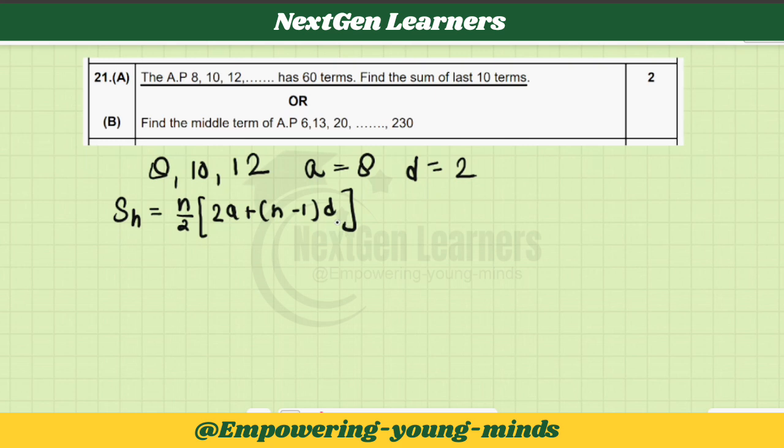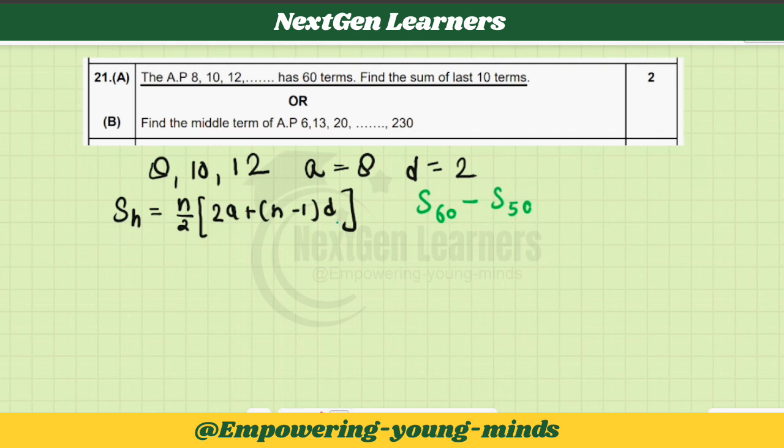Now what I need to do, I need to calculate the sum of last 10 term. So अगर मैं sum of 60 terms, इसमें टोटल 60 terms दी हुई है. So अगर मैं 60 terms का सम निकाल के उसमें से 50 terms के सम को माइनस कर दूंगा तो मेरा आंसर मेरे को मिल जाएगा. तो what I need to do in this, basically I need to use this sum of 60 terms minus sum of 50 terms. So मेरे को लास्ट 10 टर्म्स का सम मिल जाएगा इनका डिफरेंस.